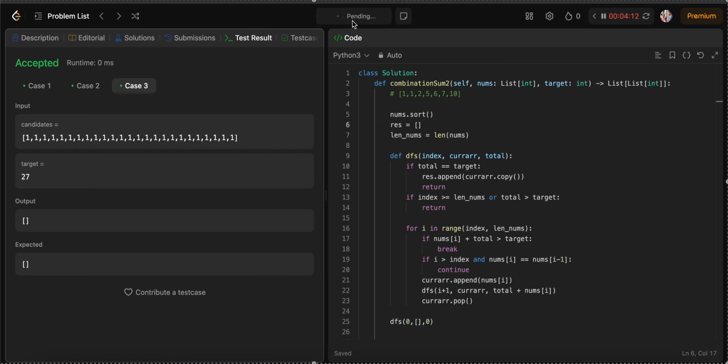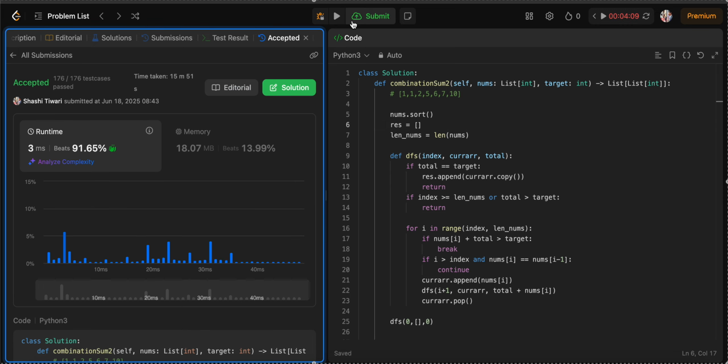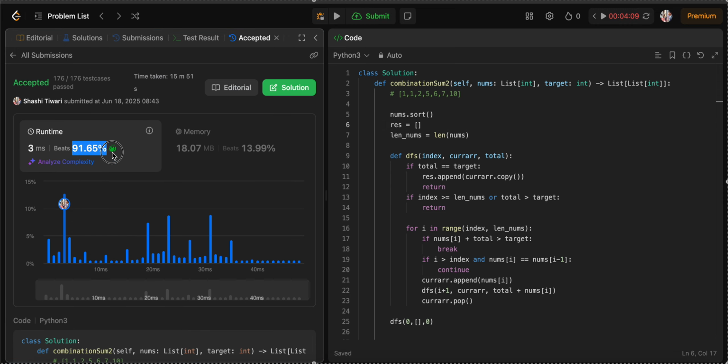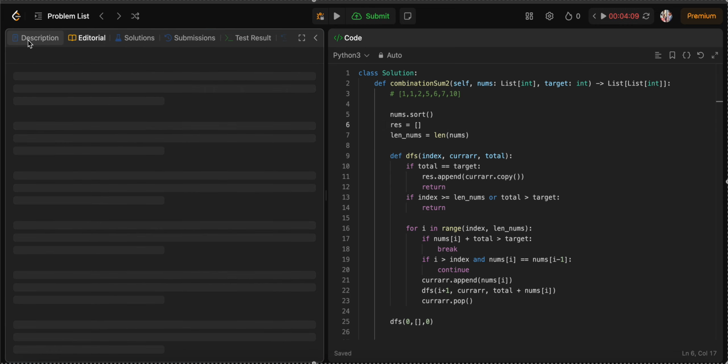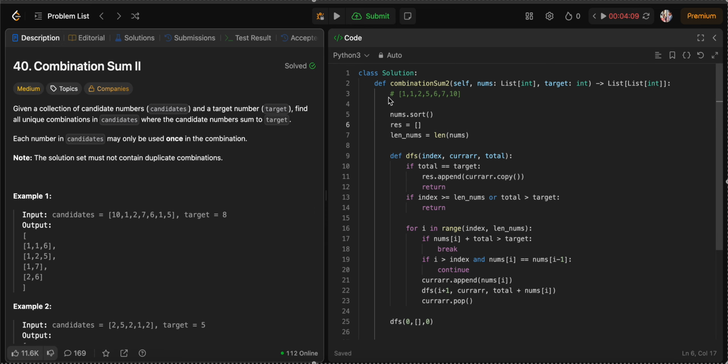Yeah, it is working fine. Now you see we have 91% accuracy. So yeah,